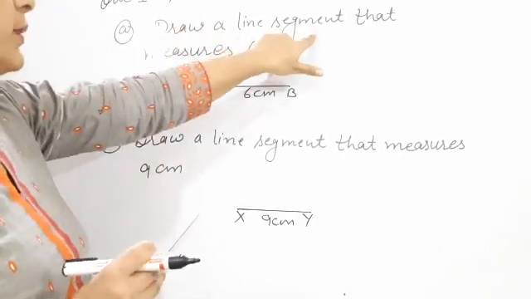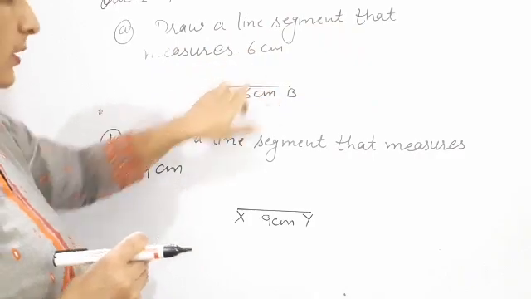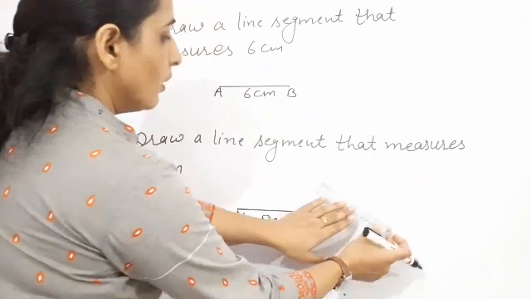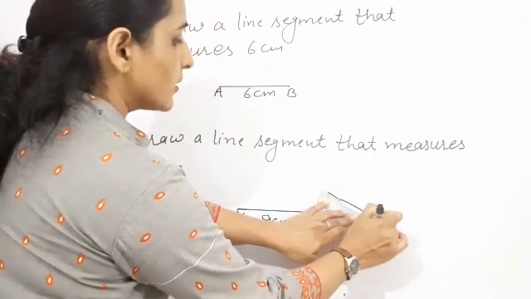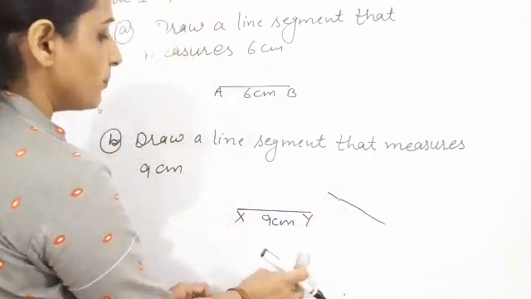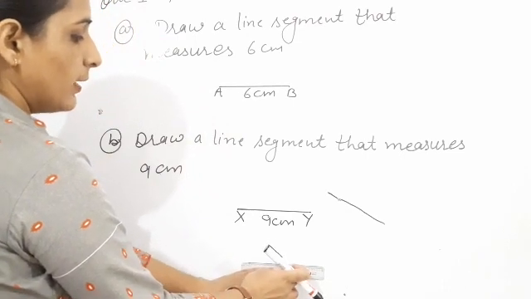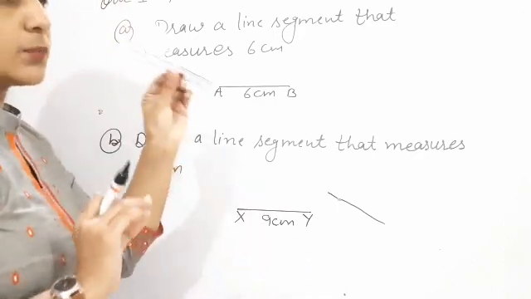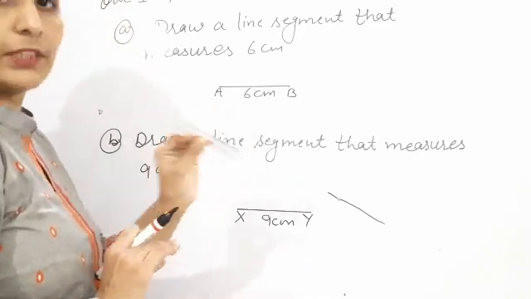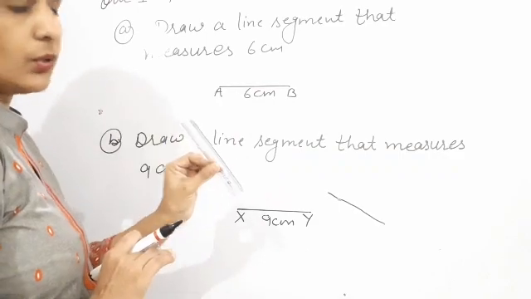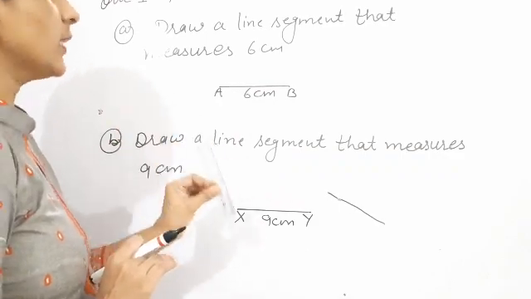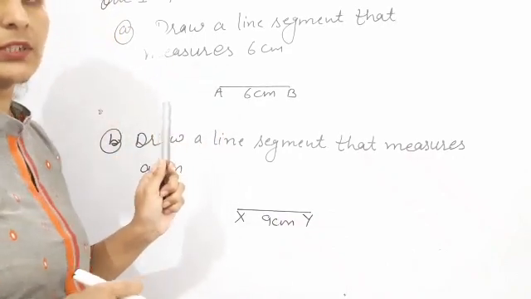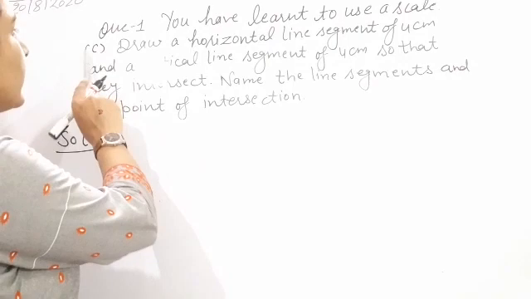Draw a line segment that measures 6 centimeter. In this way, we can draw. If you draw like that, for example if you are moving like this, clear? So that's why I am saying beta, put it straight. Clear? After that you draw. When you draw this, it is a must to use the scale. Without the scale, you cannot measure the given line segment. That's why when you draw it, use the scale. Okay, students?